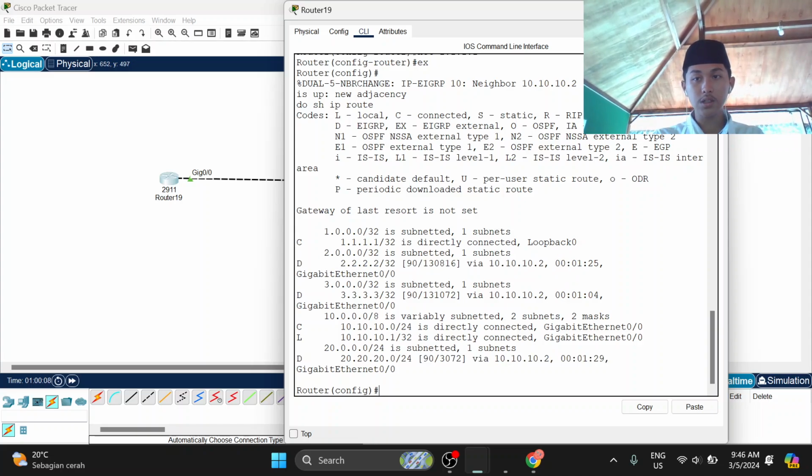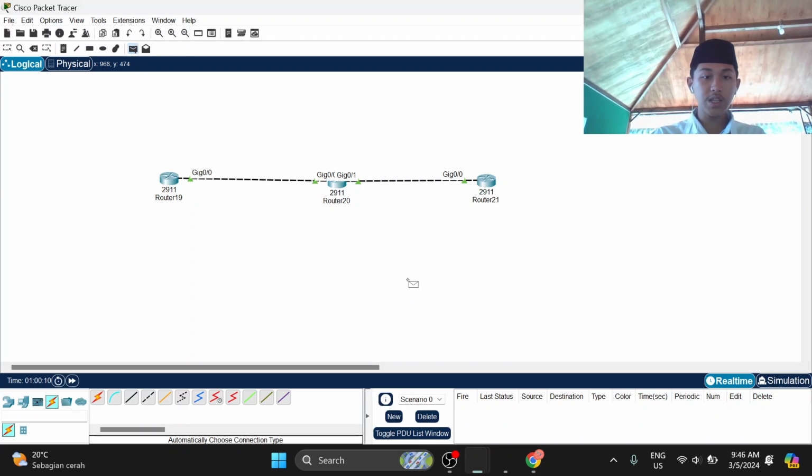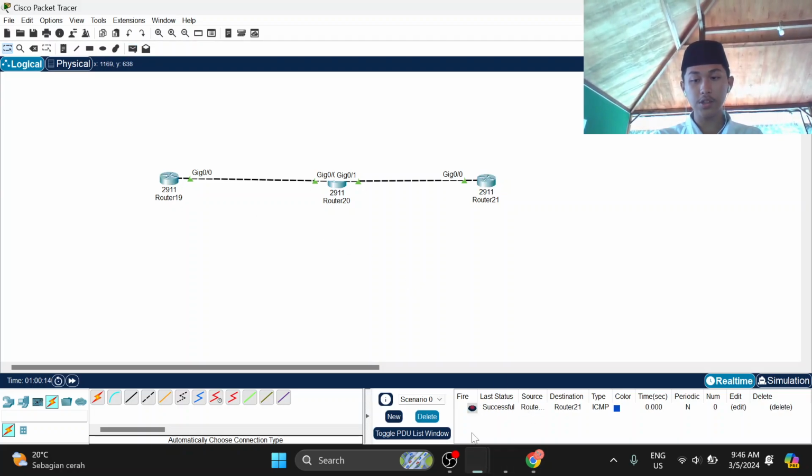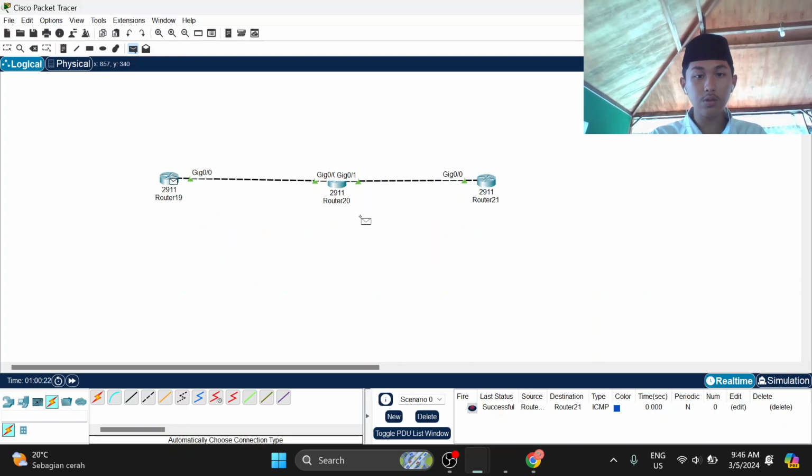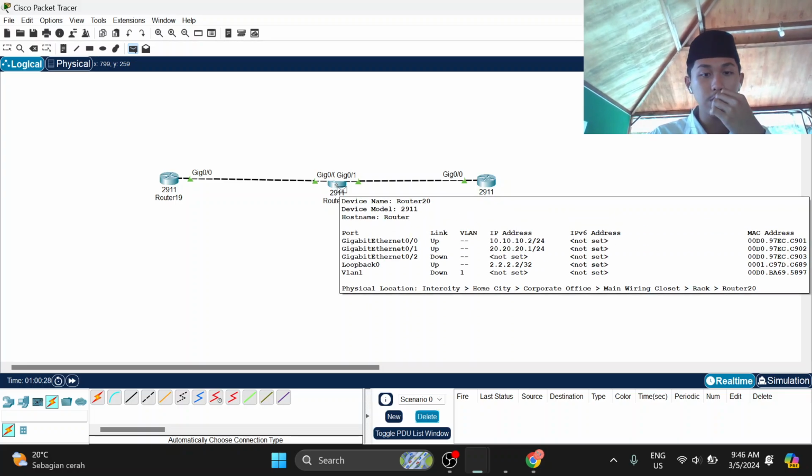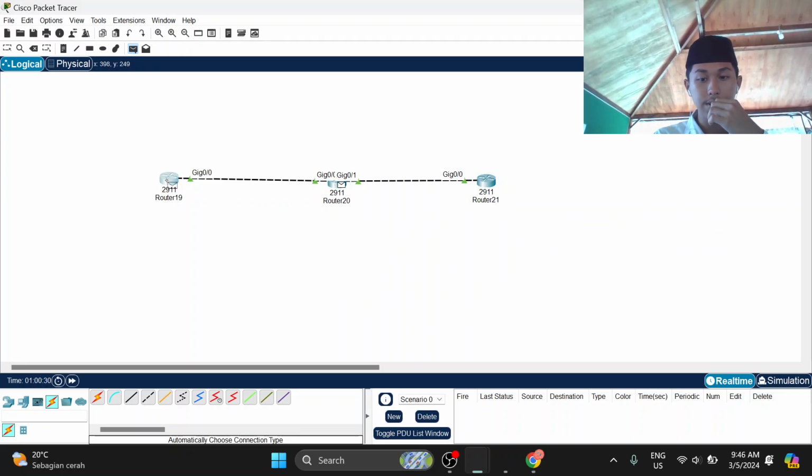Okay, after that, let's try to ping. As you can see, it's successful. Let's ping again from router 1 to router 2. Successful also. Let's ping again from router 2 to router 1.